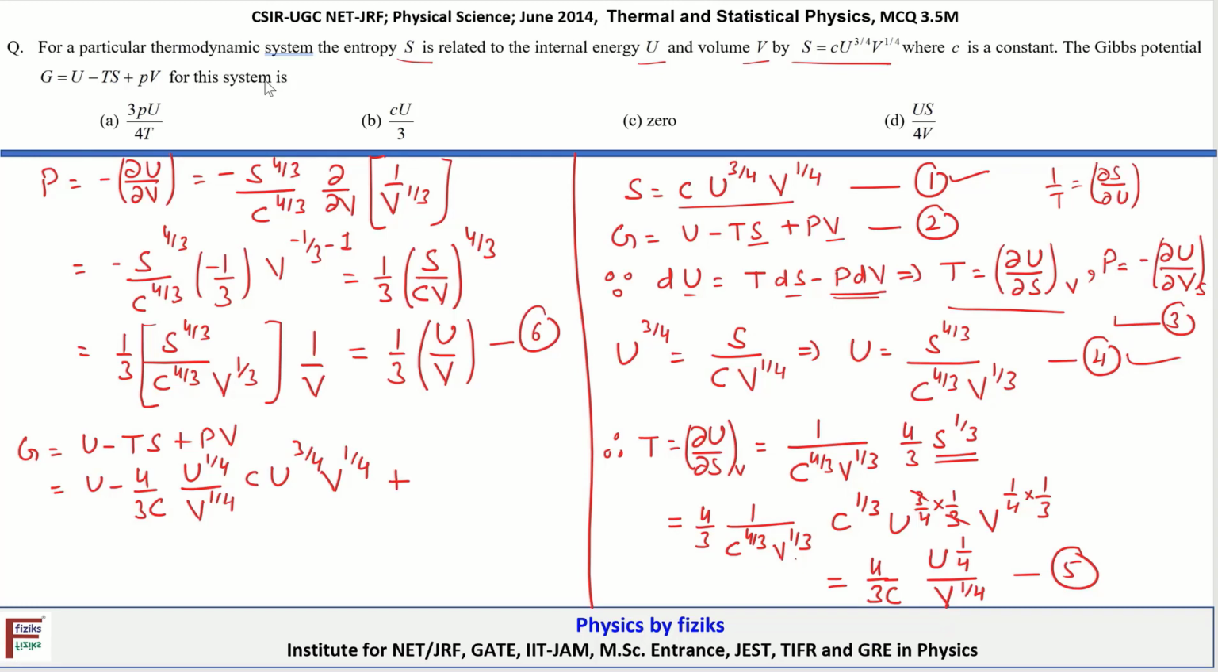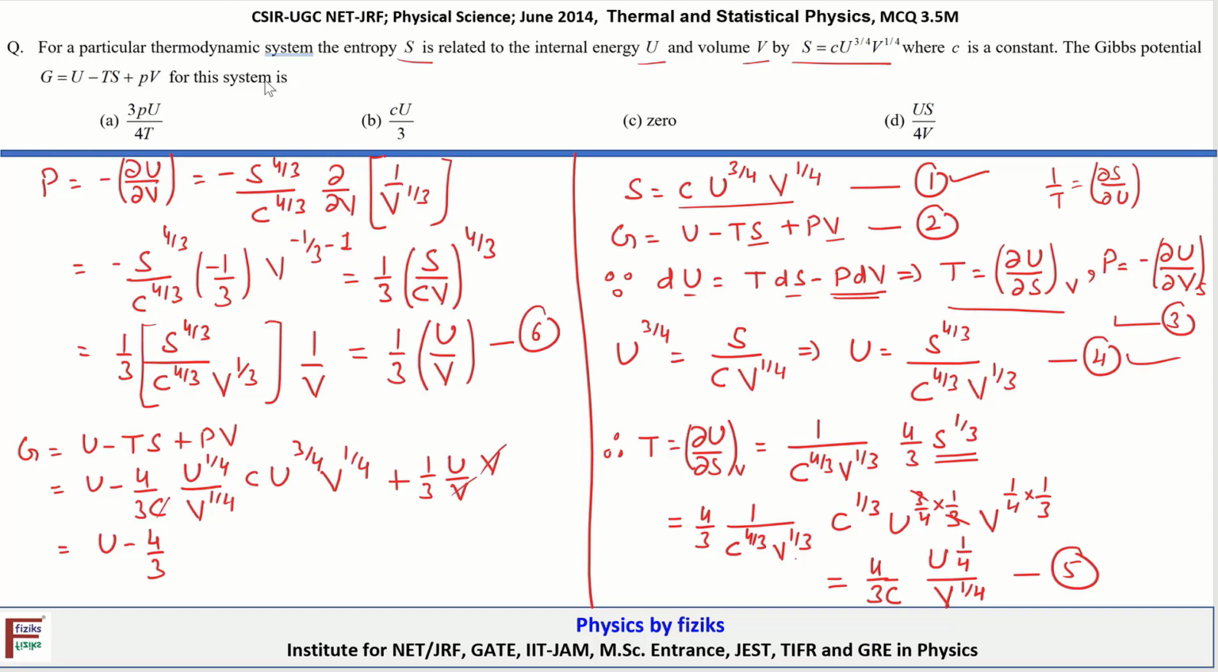P is how much? That's 1/3 of the energy density, 1 by 3 u by V, into V. So V will cancel with V, it's u by 3. And here again some of the terms will cancel, so this will become equal to u minus 4 by 3,